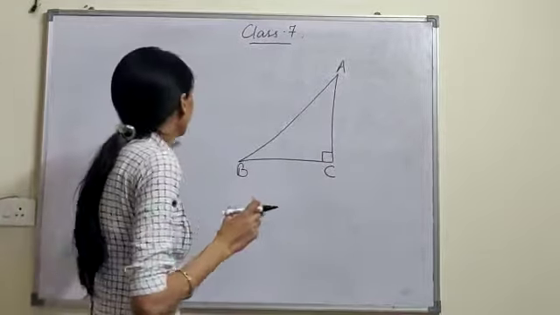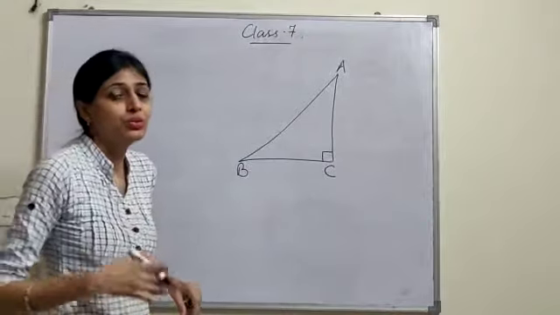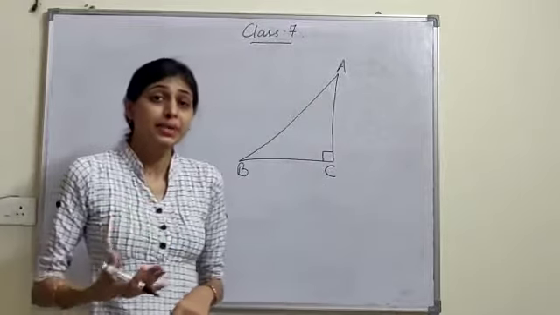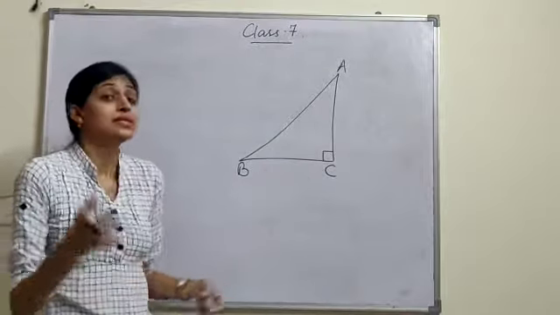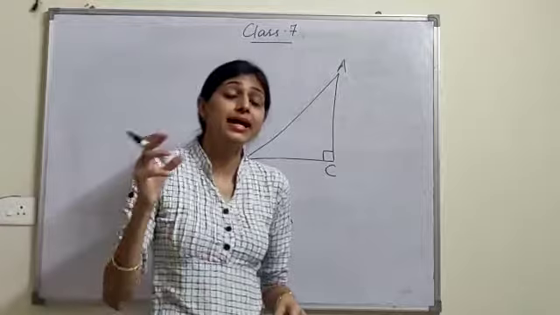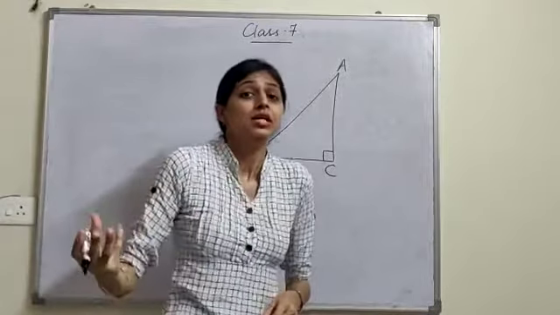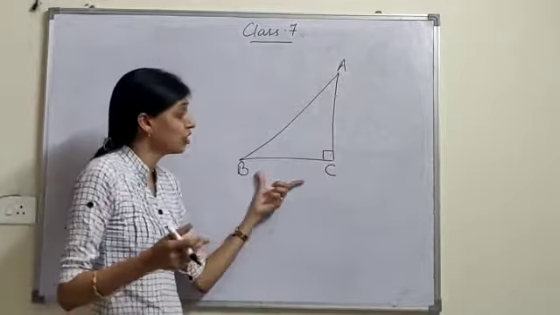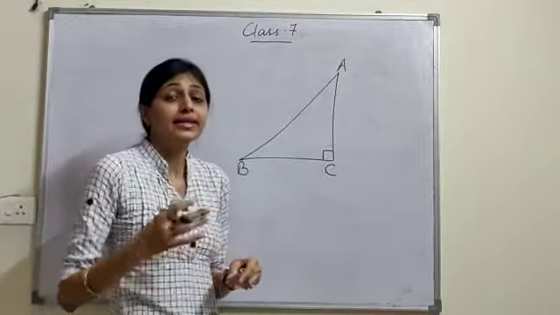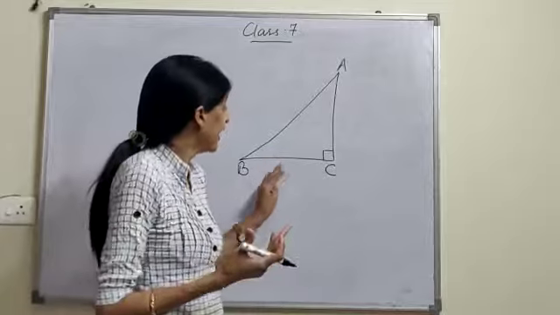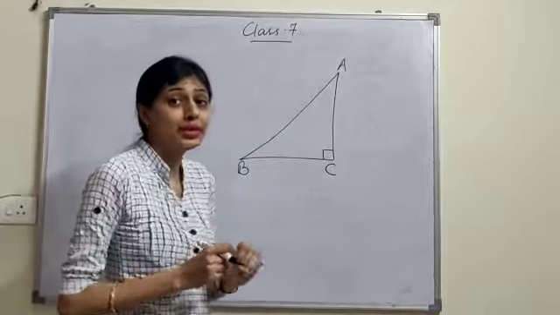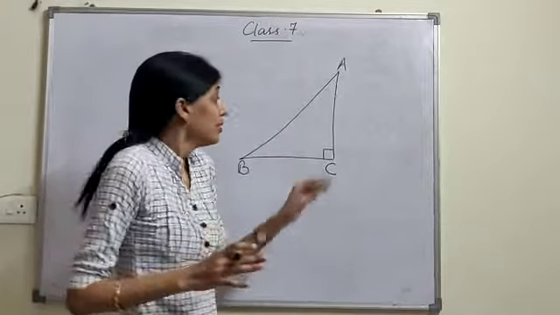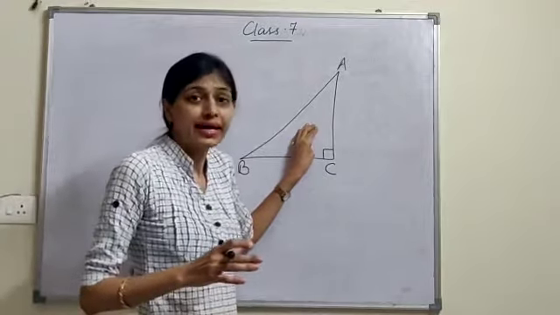Now, when we talk about a simple triangle, how do we know that this is a triangle that we can make? We take the sum of the two smaller sides, and the sum should be greater than the third side. This we have done in the previous lecture. If that is true, only then the triangle will be formed. But that was for a simple triangle. Now we are talking about a right angle triangle.